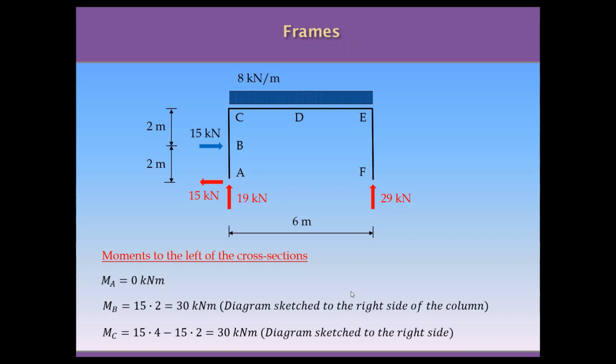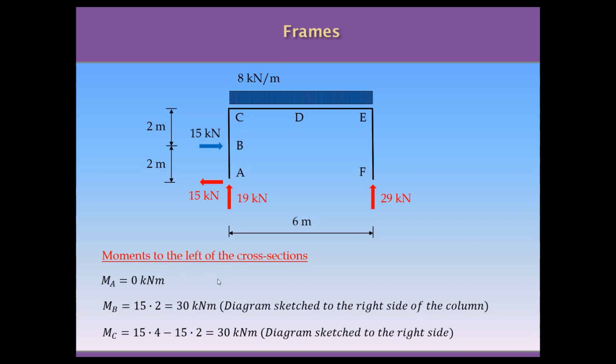In order to calculate the moments, it's always a good idea first to locate the points of interest. They will be the location of the reactions, of course, the location of any concentrated or point force applied to particular points in the frame, the start point and the end point of the UDL, as well as these corners that are in correspondence with the initial and final point of the UDL. The middle of the UDL could be a point of interest as well, so we are going to use it. And after that, the only thing we need to do is to,